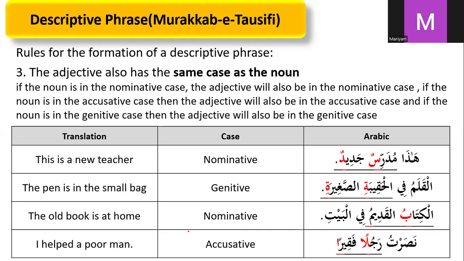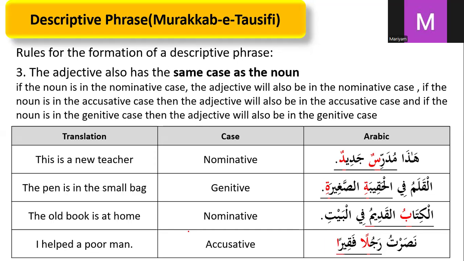Haza mudarrisun jadidun. Now always follow the pattern. If the two words are the same in there, then I can say this is descriptive. So I have underlined here: mudarrisun jadidun. Now this is nominative. Why? Because this is a khabar, but it is a single khabar, single form of phrase. So it is nominative because it ends with dhamma.